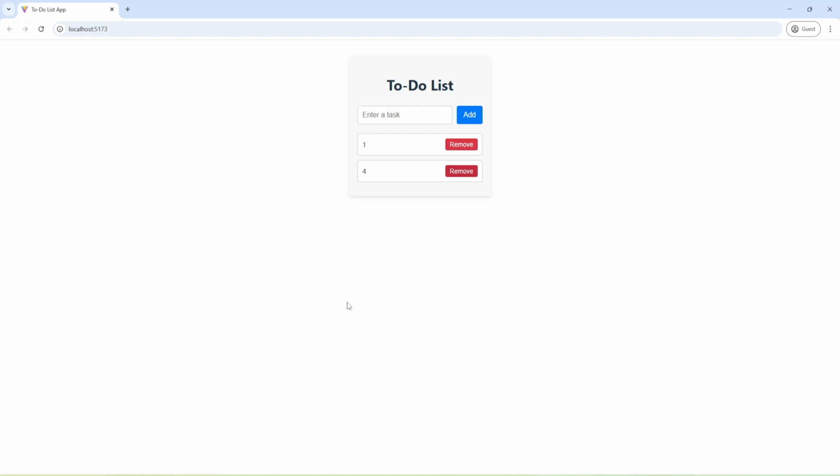And let's try to remove. Okay, and as you can see, I also have hovering here, and the hover pseudo-class works here. And let me refresh the page and provide task 1, and I'll add it, and also task 2, and let's add task 3, and we can remove, and add several tasks, task 4, and task 5. And everything is working as expected.